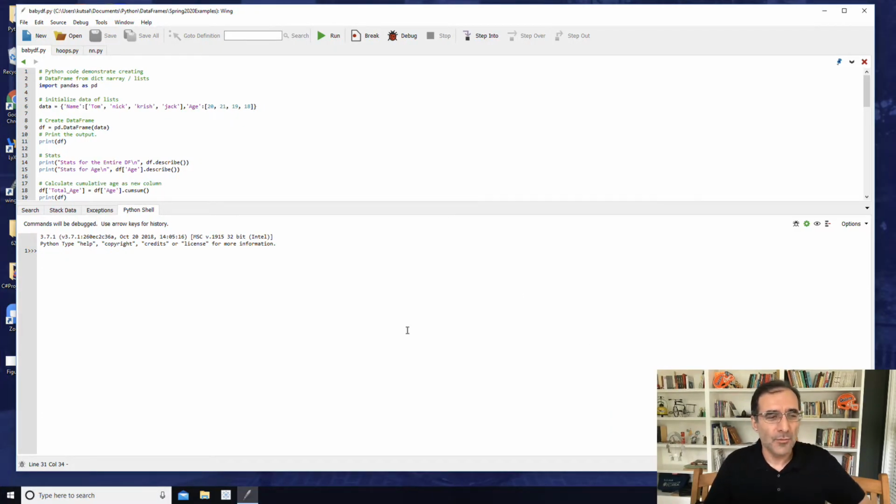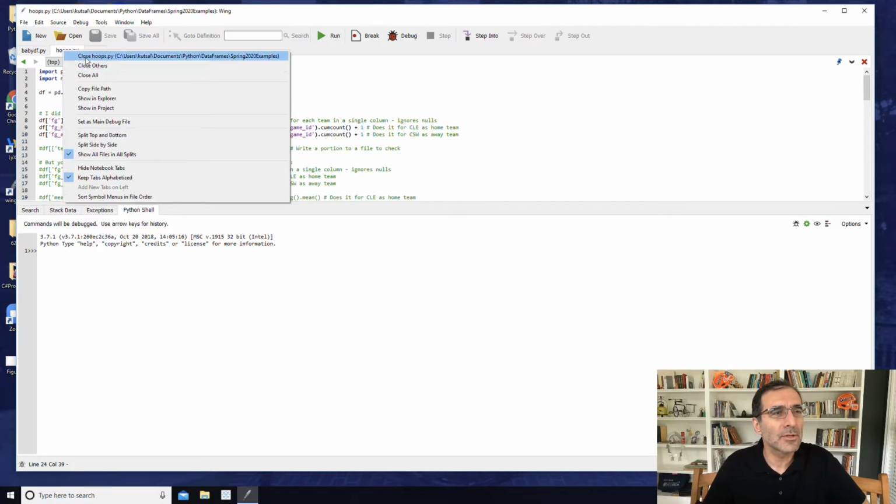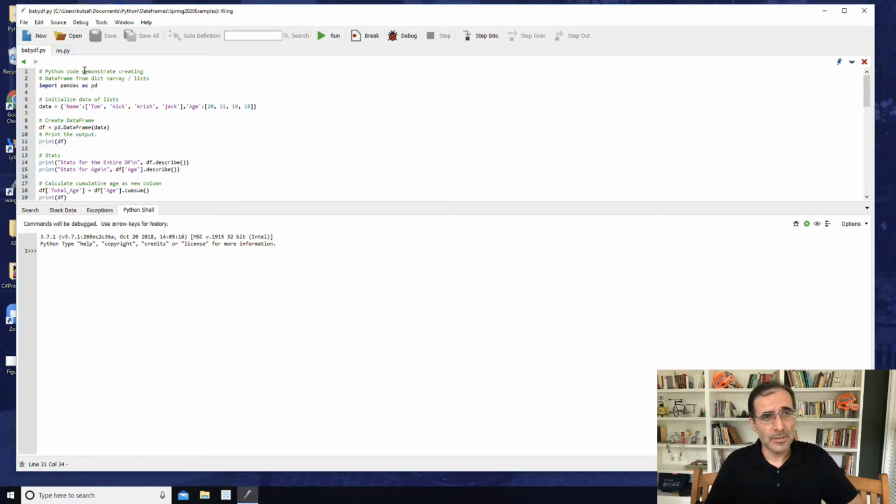Okay, so for Mac machine, I have actually a link in one of these files. You can go and click on that link, and it will tell you how you can install it to Wing 1. But to do that,